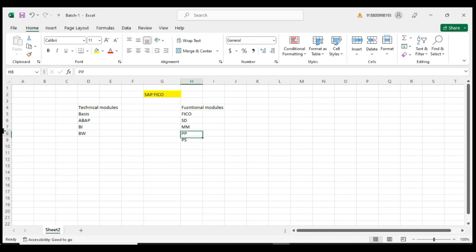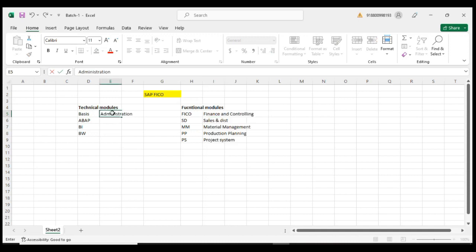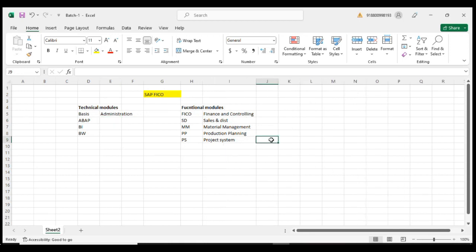FICO is finance and controlling. Basis defines your servers, structure, and landscape of the systems. Everything is captured in finance. So other modules are like feeders to FI, to finance. Finance is the receiver. Finance receives data from different modules, and finally it prepares